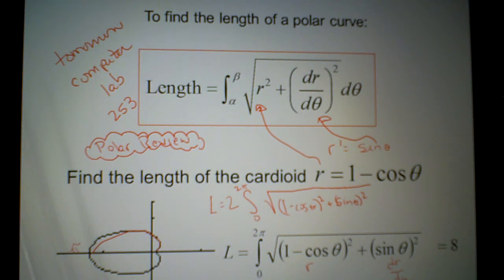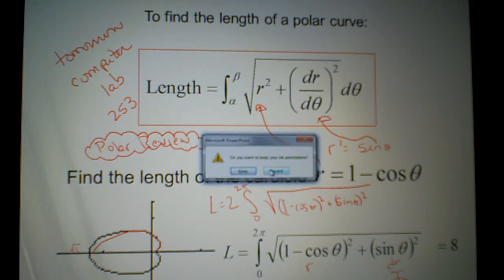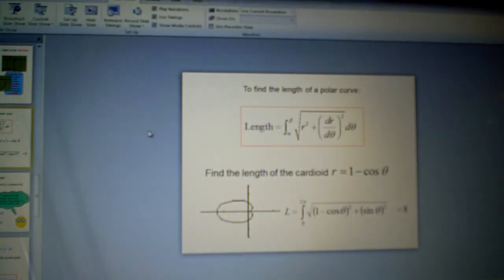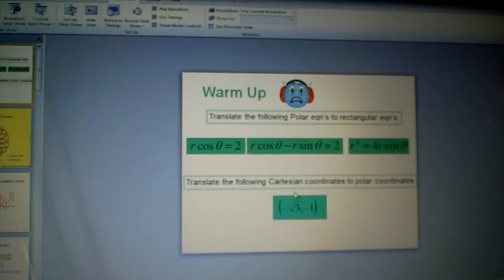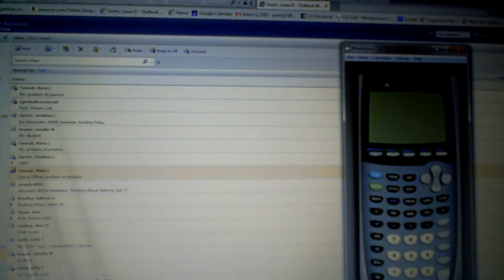I'm going to go all the way back to the beginning in case you didn't get the homework assignment on the warm-up. Oh, that's because it wasn't there on the warm-up. The homework assignment is adjusted from your